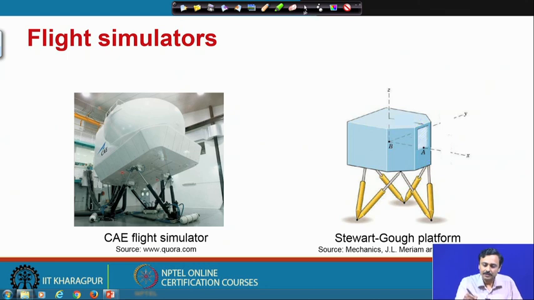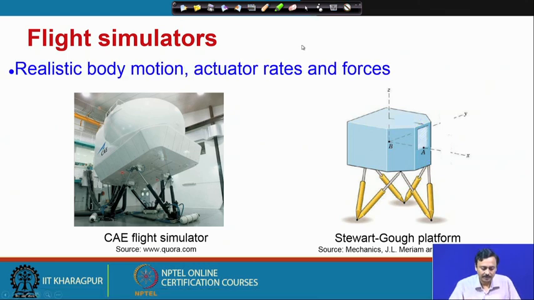Now, what is required of such a device? You need to produce realistic body motion. That means the aircraft motion, or you should be able to simulate the aircraft motion. For example, you should be able to simulate what happens during takeoff, what happens during landing, or when an aircraft falls into an air pocket or a low pressure zone. So, such things you should be able to simulate. So, how should you control the actuators